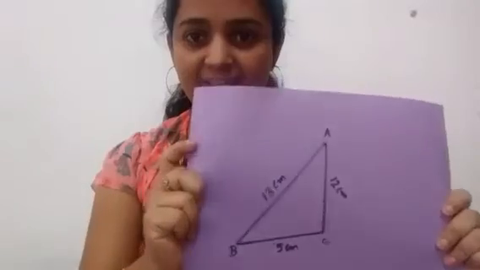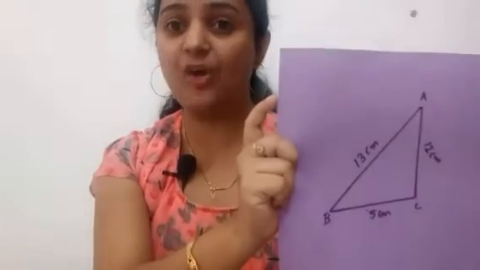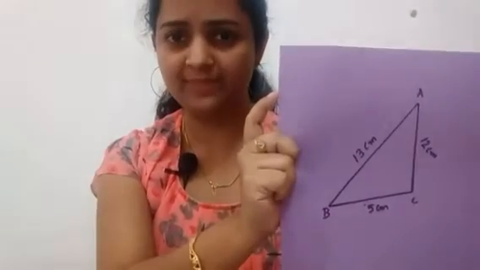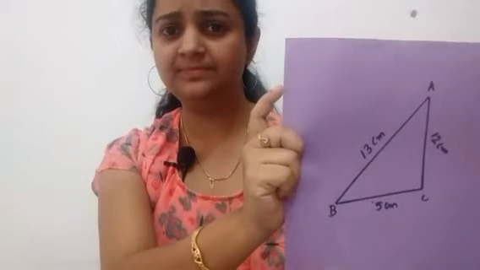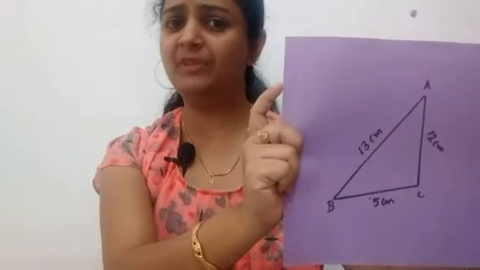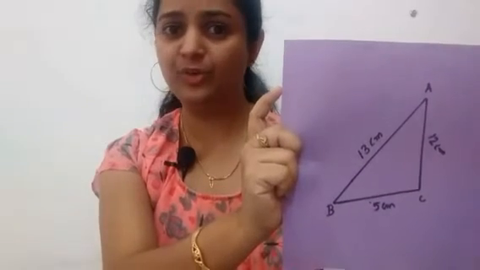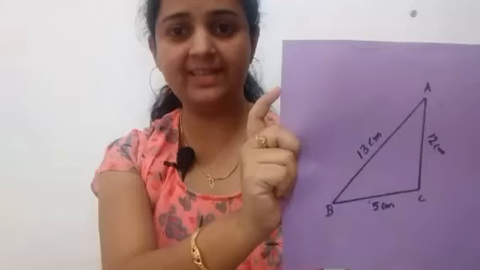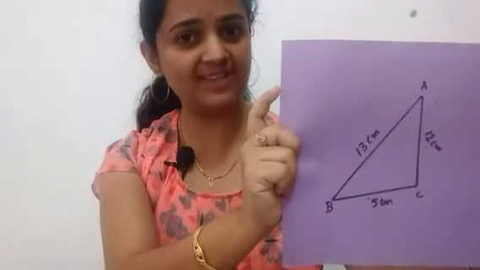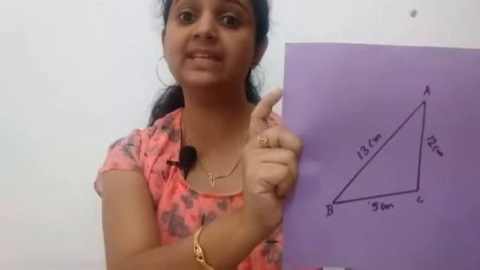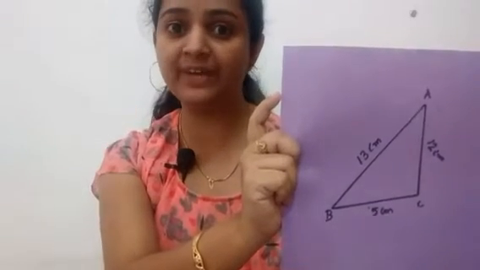Yes. Next, we have one more triangle, okay? This is our last triangle. We need to find the area of this triangle also. Look at this triangle. What's the name of this triangle? Are all sides equal? No. One side is 13 centimeter, one side is 5 centimeter and the other side is 12 centimeter. All three sides are different.